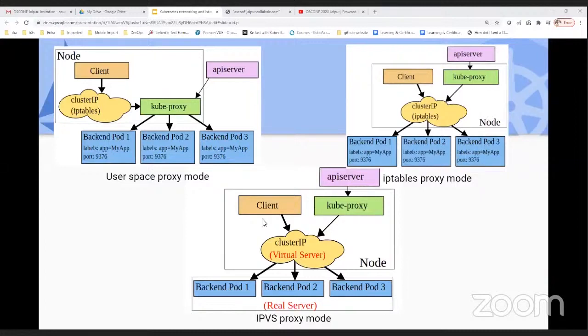If you check these diagrams, the client is the guy who is hitting the service.